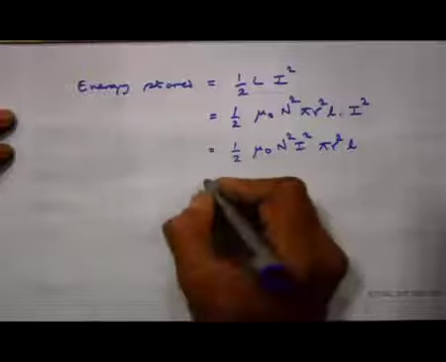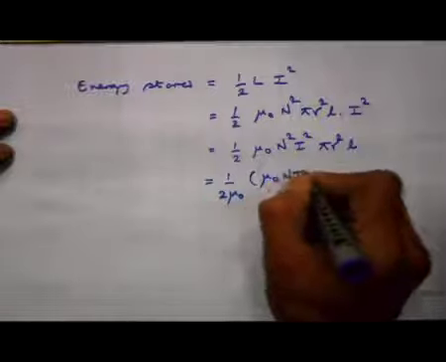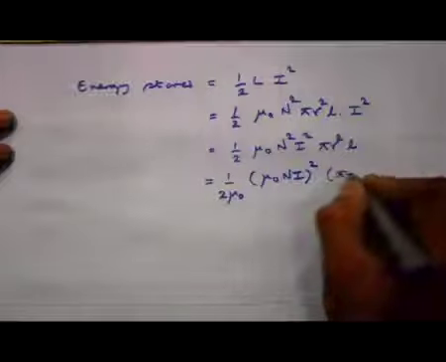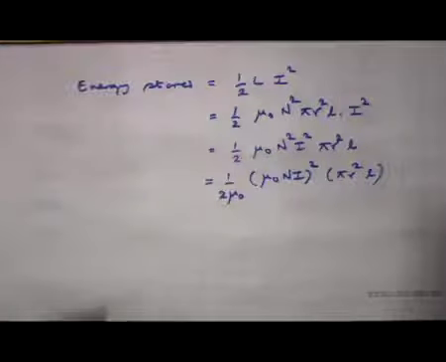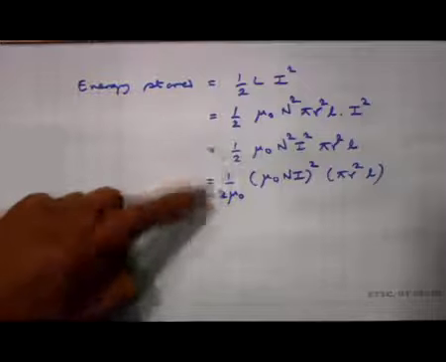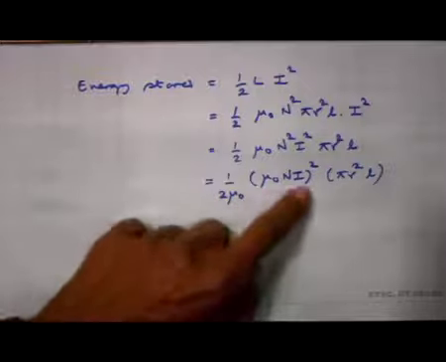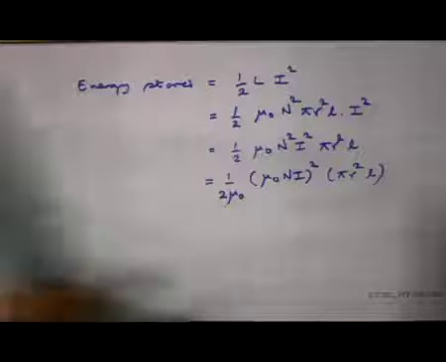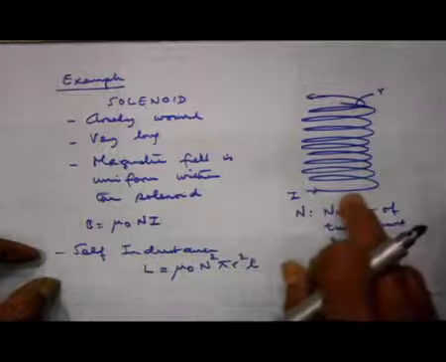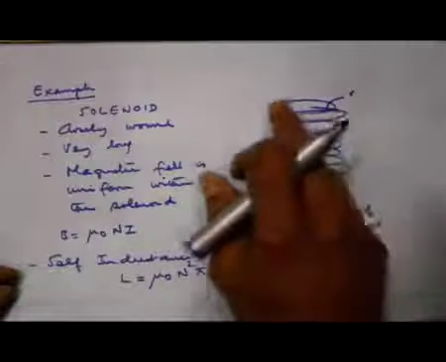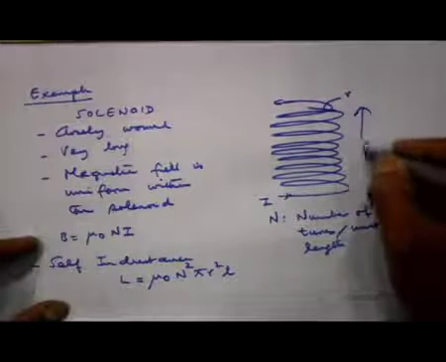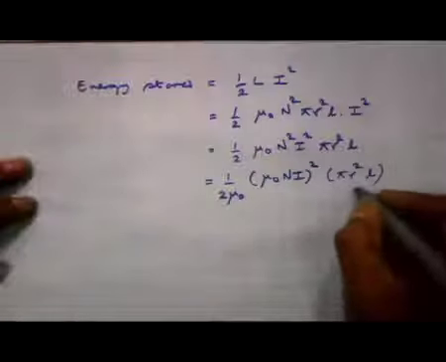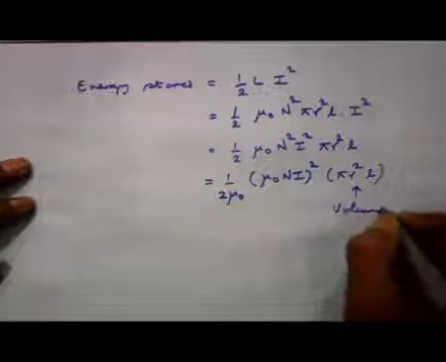Now, let me write this in a slightly different form. I write this as 1 by 2 mu naught, n I whole square, pi r square L. So, I multiply and divide by mu naught, and I write this as 1 by 2 mu naught, n I whole square into pi r square into L. Now, what is mu naught n I? I just now saw mu naught n I is nothing but the magnetic field within the solenoid. And what is pi r square L? Pi r square is the area of the solenoid multiplied by the length of the solenoid is the volume of the solenoid. So, this is the volume of the solenoid